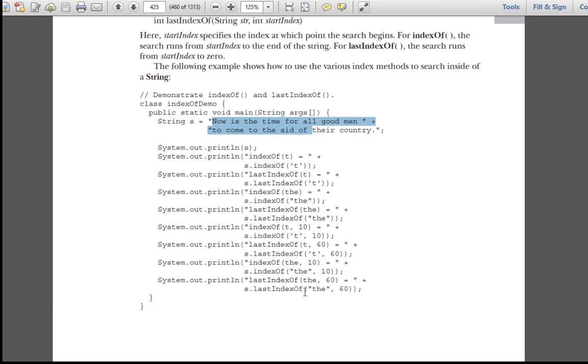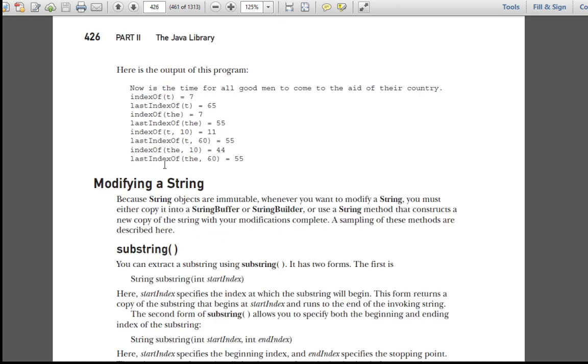Similarly for "the" also. You will see the output here. At the first time the t has occurred at the 7th position, and the last time the t has occurred at the 65th position. Then the first time "the" has occurred at the 7th position, and the last time it occurred at 55.